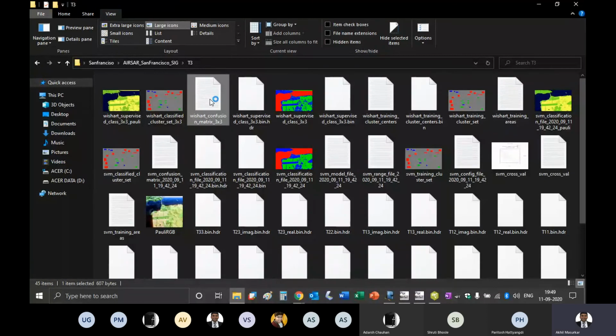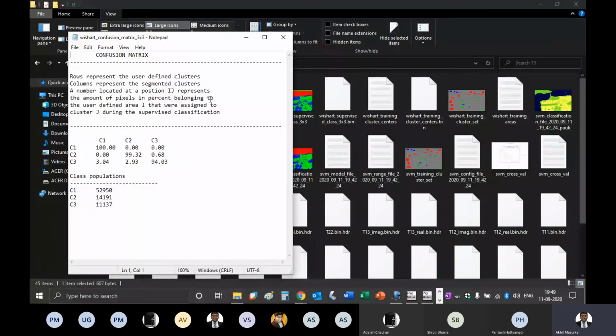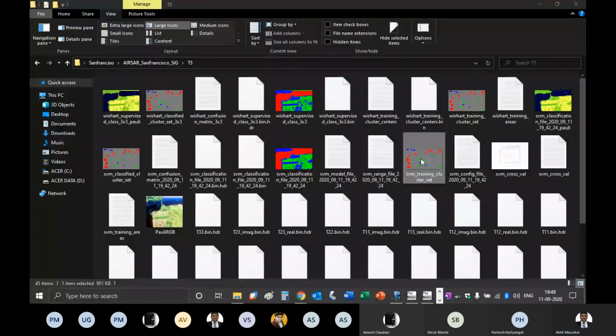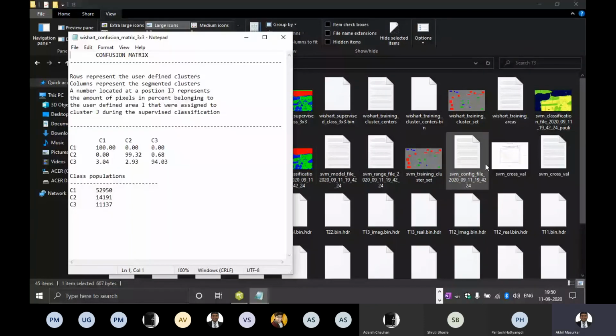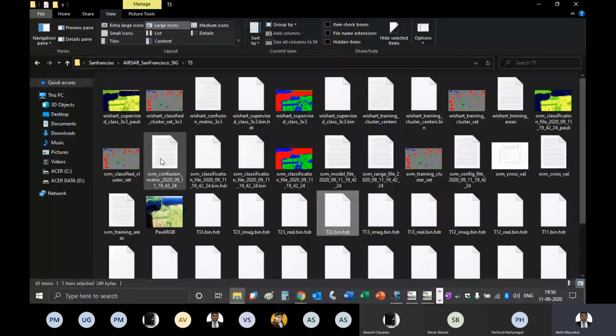And confusion matrix wise, Wishart has 199 and 94 for class 3. Class 3 was the mountains. There is the confusion matrix.